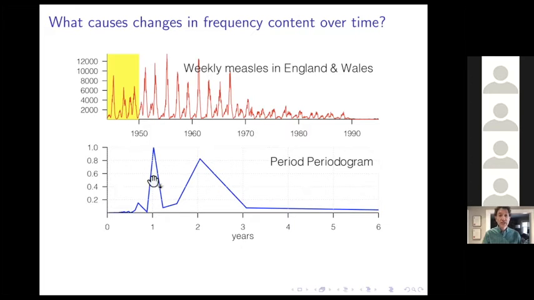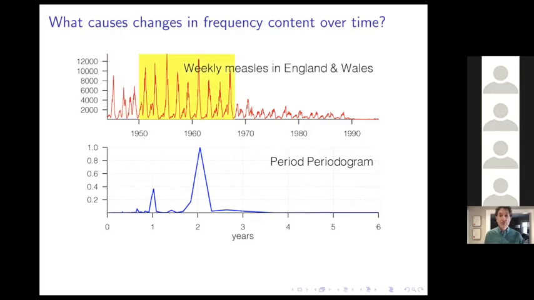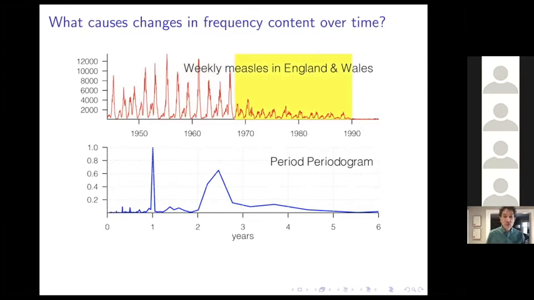So initially, the dynamics were visually strongly annual, and there's some power at 2 years. So it's a mixed, strongly annual, but some 2-year power. Then during this period from around 1950 to 68, it becomes overwhelmingly a 2-year cycle with some small annual epidemics. Then it becomes quite irregular, and there's a lot of power at 1 year, and then there seems to be